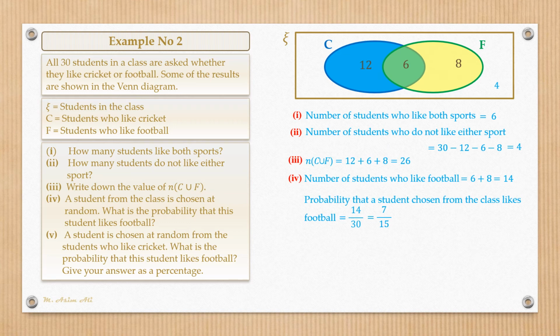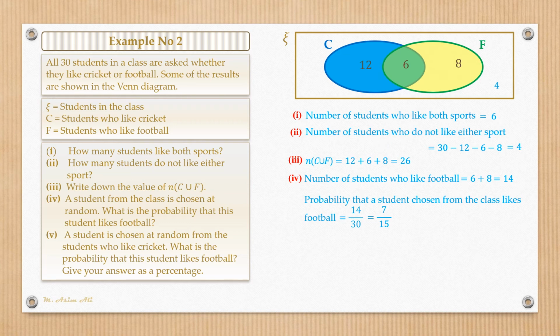Now he's saying that the student is chosen from the students who like cricket. Now there is no student in the class who likes football. They are all gone, might be for playing football. In the room or in the selection there are only cricket boys who play only cricket. Now what is the probability that